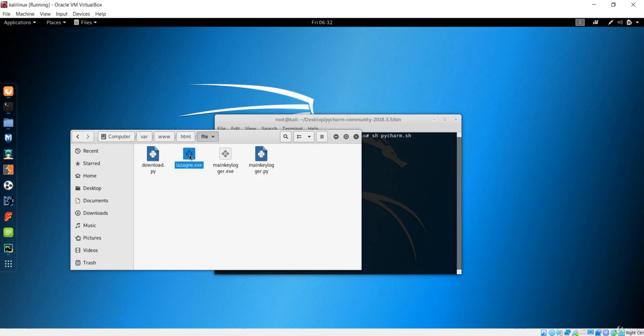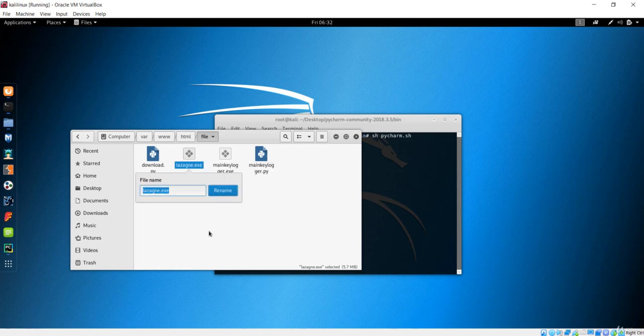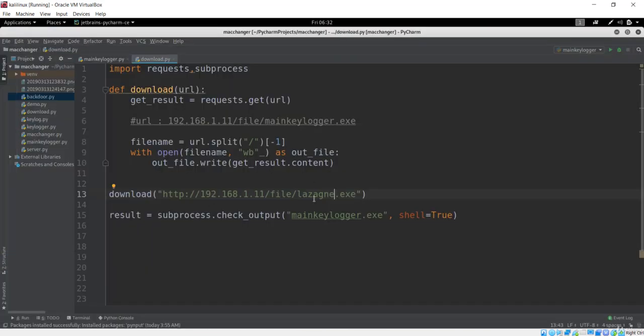I'll just copy everything and go back to PyCharm and paste it right here. Now we have to execute Lazagne, so we'll execute this lazagne.exe with the check output method.